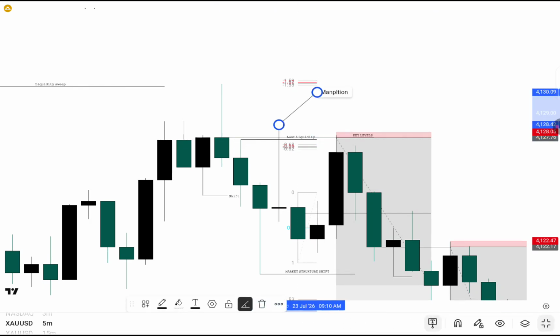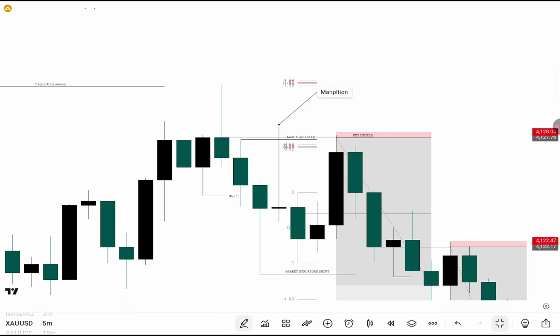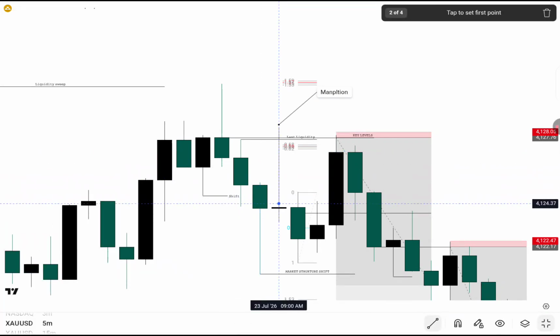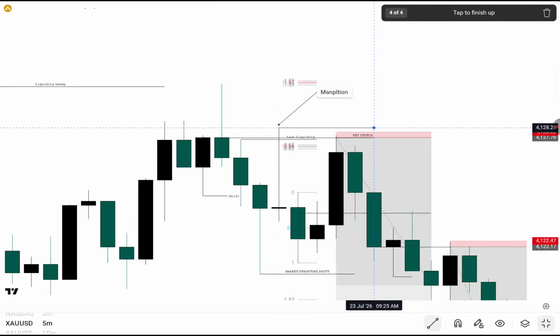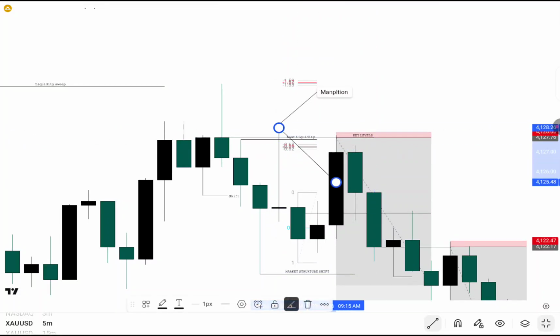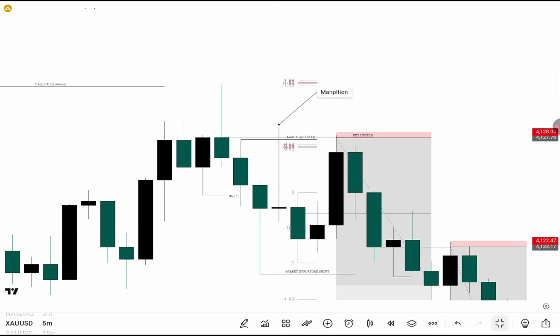Now this is why I'm calling this manipulation. Why? Wherever you see price taps into the key level, correct, and leaves a huge wick like this, don't expect price to just sell off like here and then take out the sell side. It can never happen, okay? Always there has to be a rebalance in price such that you can look to entry,